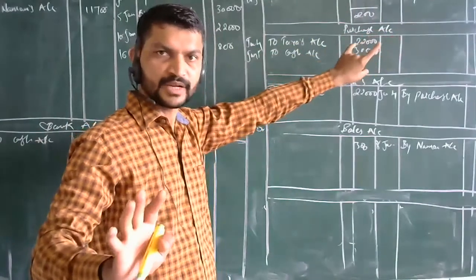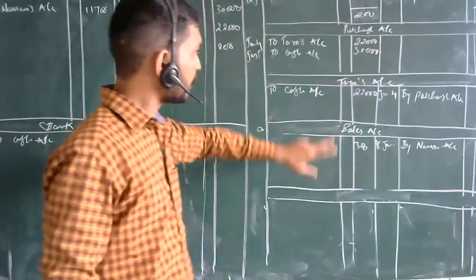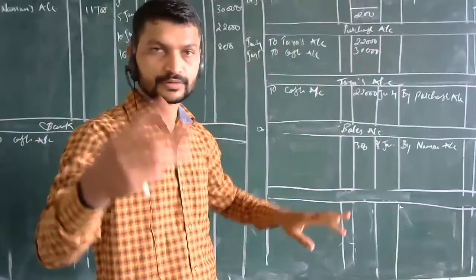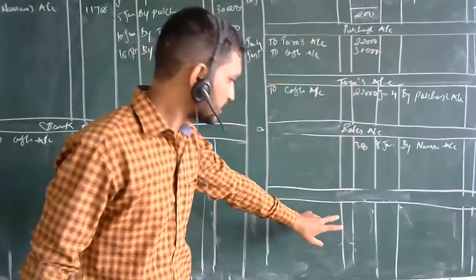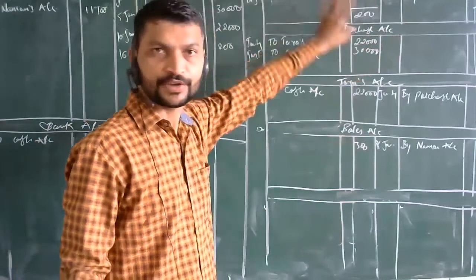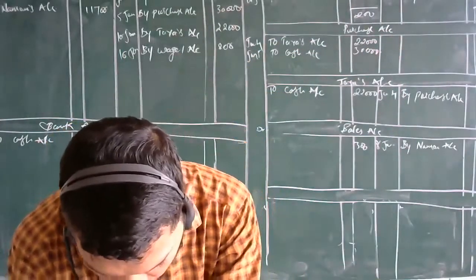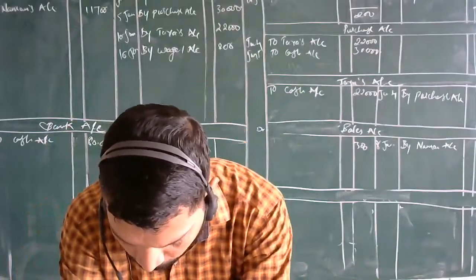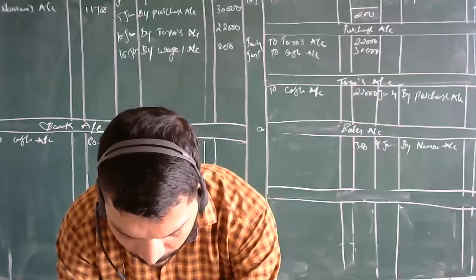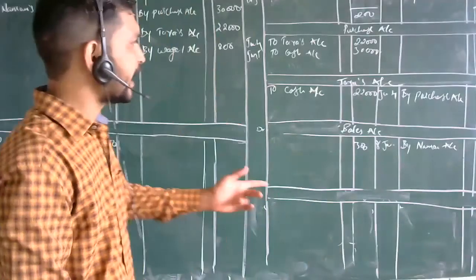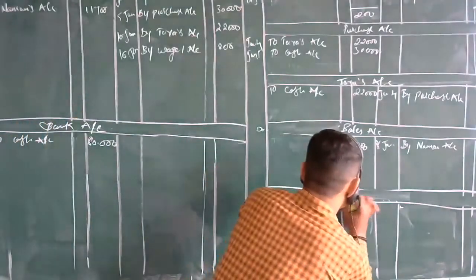Is it understood here by everyone? So we have nearly closed 3 accounts: one capital account, then Naman's account, and here again wages account. Even wages account got completed. Now next, furniture purchased for office use. For furniture purchased for office use, it was furniture account and cash account. So I will open here furniture account.